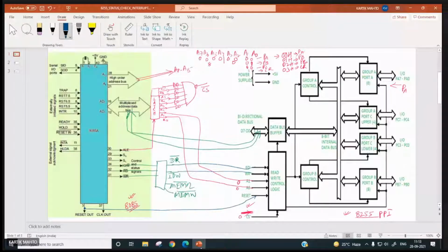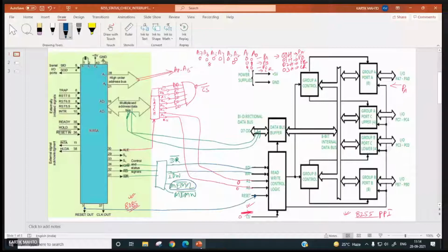Right, where exactly will this MEMR pin go? Anyone? Sir, RD, read. MEMR. IO read is coming over here, IO write is coming over here. But where exactly will this MEMR pin or MEMW pin go?